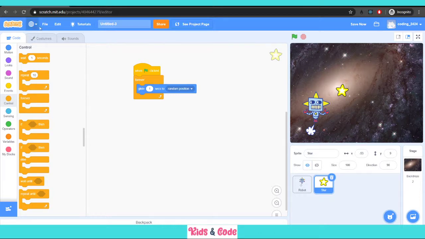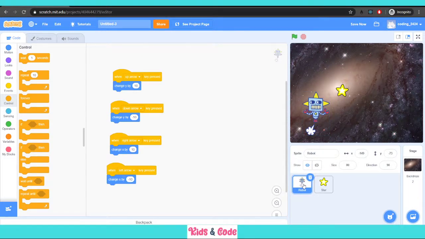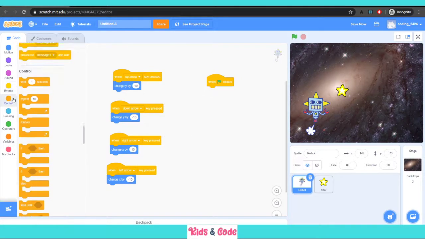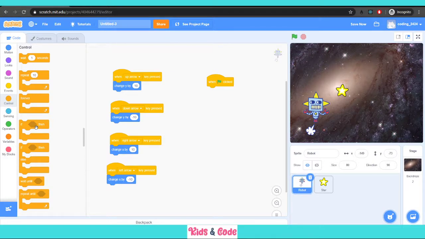So the next thing we want to do is play a sound. Whenever this robot catches the star, it should make a sound. So for that, we again select our robot sprite. Remember to select the sprites correctly. We click on the robot sprite and we click on events and say whenever the green flag is clicked, there should be a condition, if and else. Now if says if something is true, then some other action should be completed. So we say if, and we'll go if then.